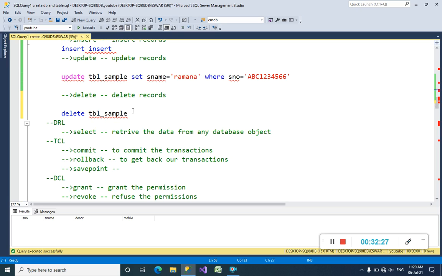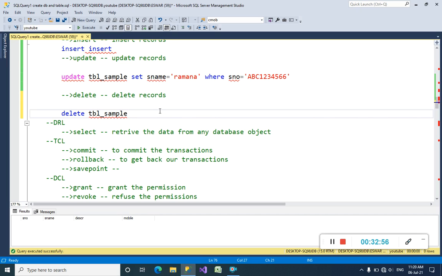Delete and update, when executed without declaring a condition, affect the whole records. When you declare a condition, it applies only to the records where the condition is satisfied, and deletes only those.